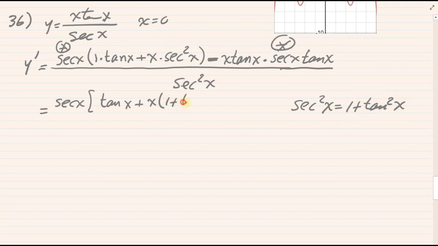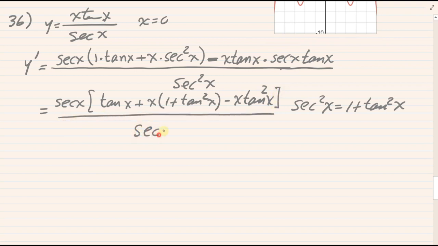So that's 1 plus tan squared x, negative x tan x squared. Remember, the secant here is factored out. Okay, and all of this divided by